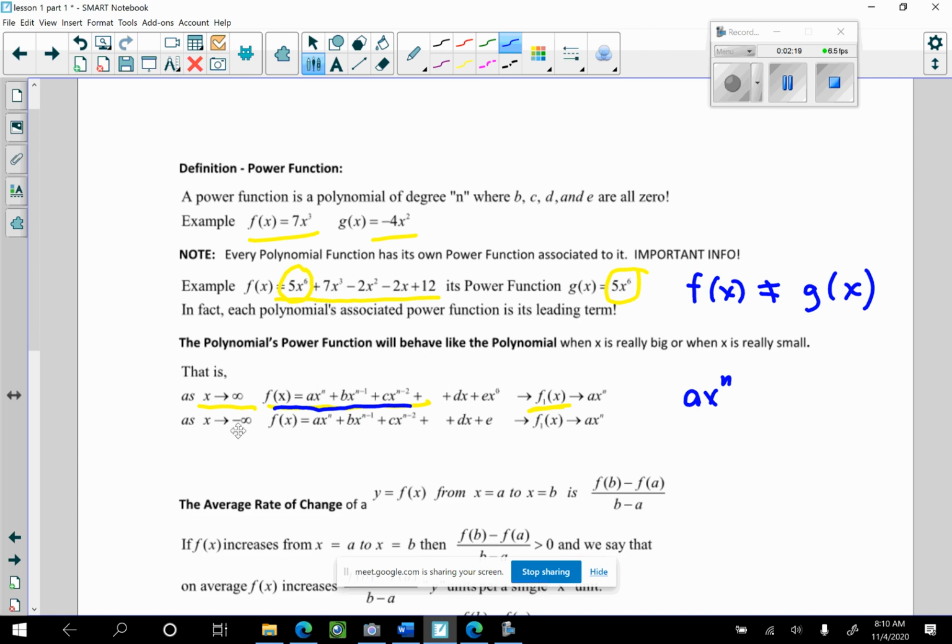And as x goes to negative infinity, the same thing is going to happen. The function is going to approach its power function. Okay, they're not the same, but they will appear that way. And that's something that you can really